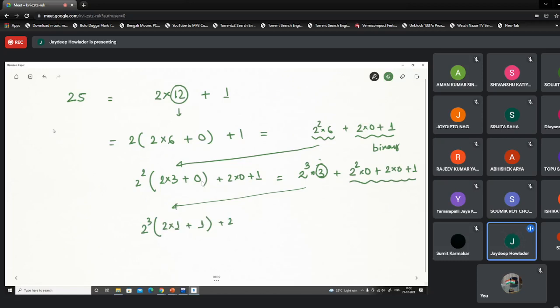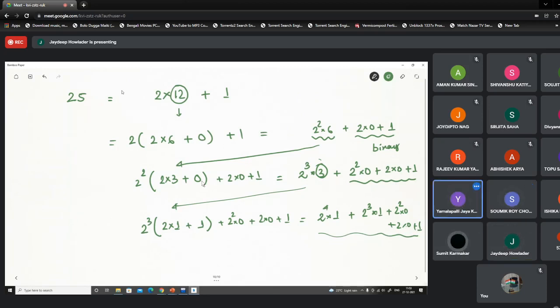Doing this, it becomes 2 to the power 4 into 1 plus 2 cube into 1, 2 square into 0 plus 2 into 0 plus 1. Now we get the binary representation. Do you understand this part?